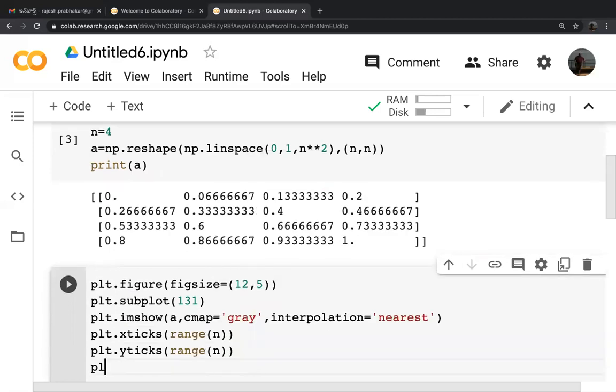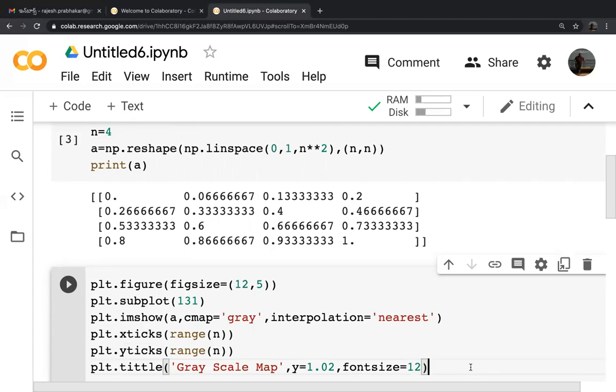And plt.title. This is like you want to give a title to the graph. So grayscale map. We are giving it as a grayscale map, comma, y is equal to 1.02, comma fontsize is equal to 12.